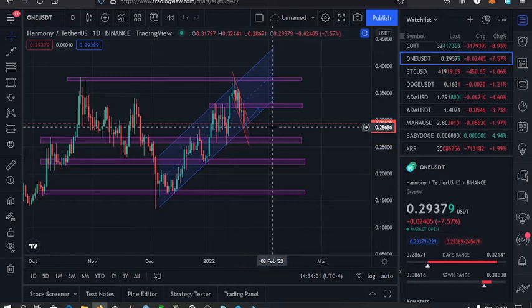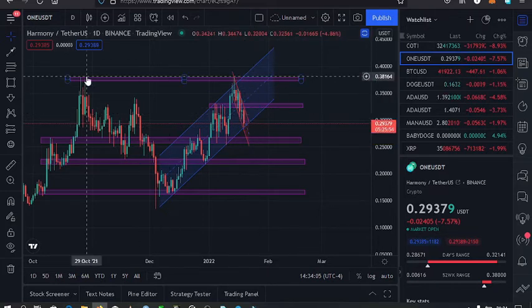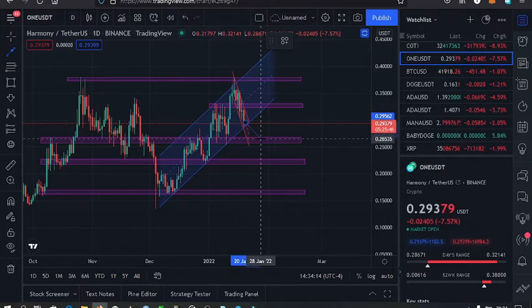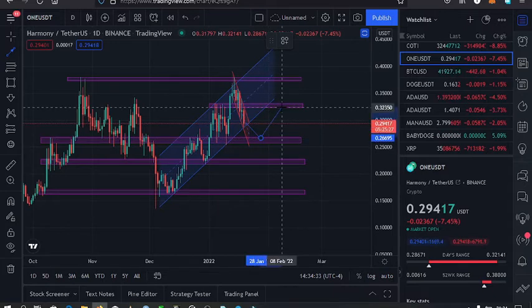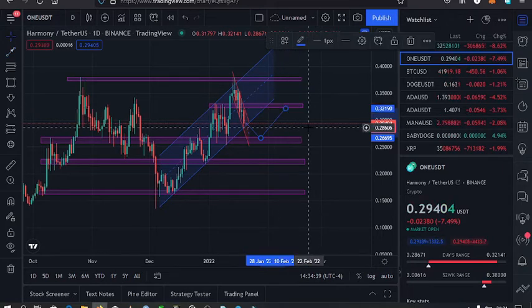Then the second case scenario: we might break this ascending channel and find support on the 0.26 mark. Once that happens, I expect the price to continue moving higher to the 0.33 resistance area. And I'm basing this on the fact that